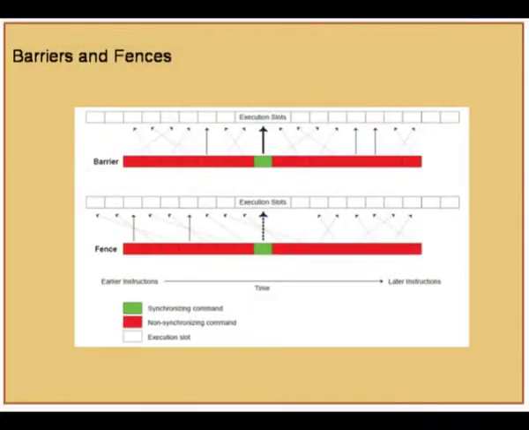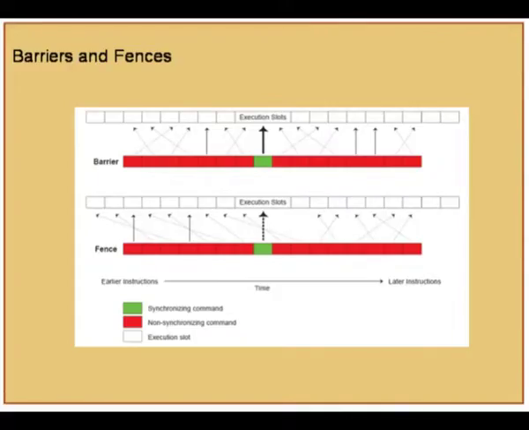This is an example for a fence and barrier. Essentially, a barrier is, say for example, this green slot, a DMA transfer that you have issued with a barrier option. So any preceding DMA transfers cannot be executed until this barrier instruction is done, and even succeeding DMA commands cannot be executed until this barrier instruction is executed, versus a fence, which only stops all the preceding DMA operations